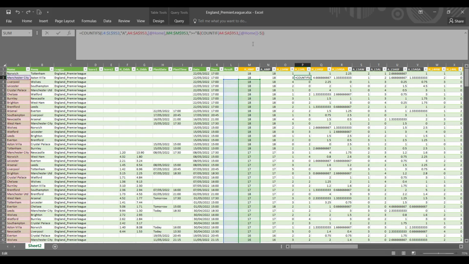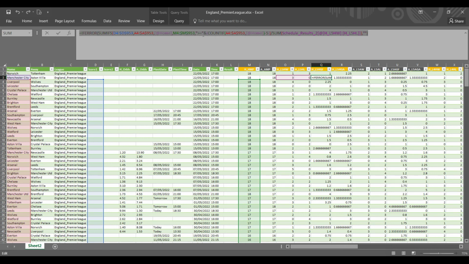It's exactly the same thing, but here in the result column it checks for the away team to win. So if this is away, that means that our home team lost. So it's exactly the same as before, but here it is away instead of home. Then for the home goals for, it summarizes the goals that the team scored in the last 5 matches. So generally it's exactly the same